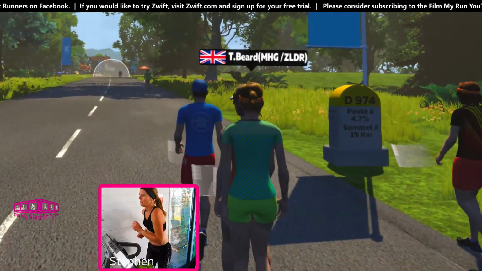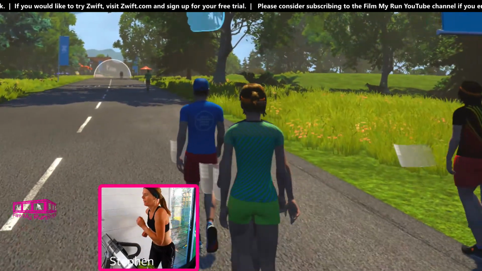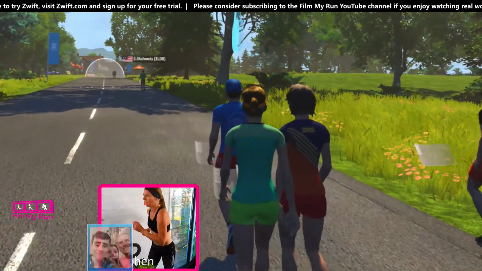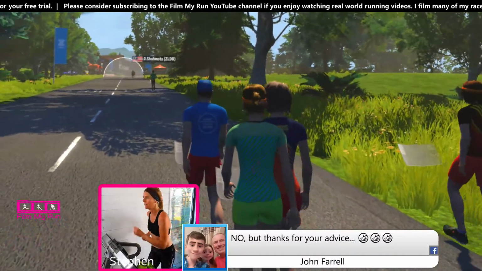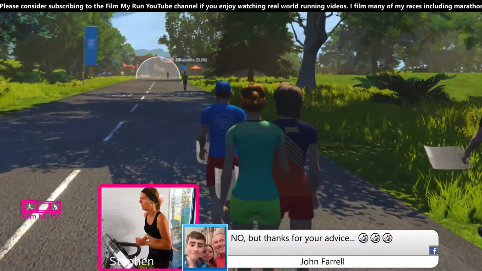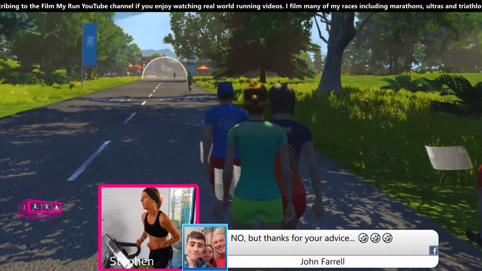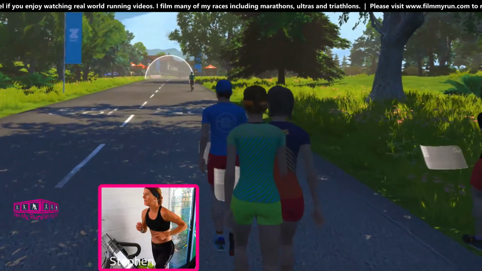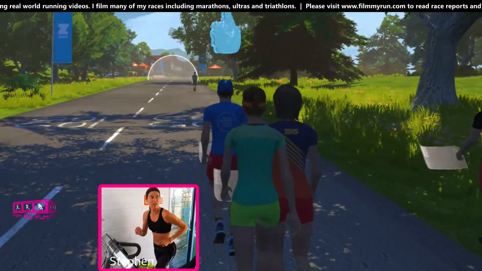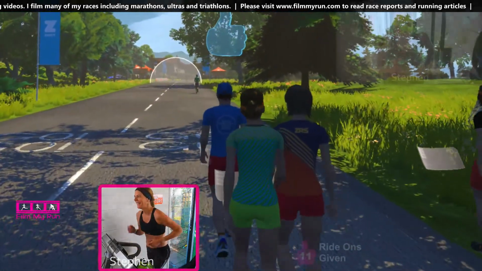So it'd be interesting to see if Zwift do anything like that with well-known runners, putting them on camera, getting them to do workouts with runners. Whether that would be copying Peloton too much, I don't know. Victoria says she's open to job offers.